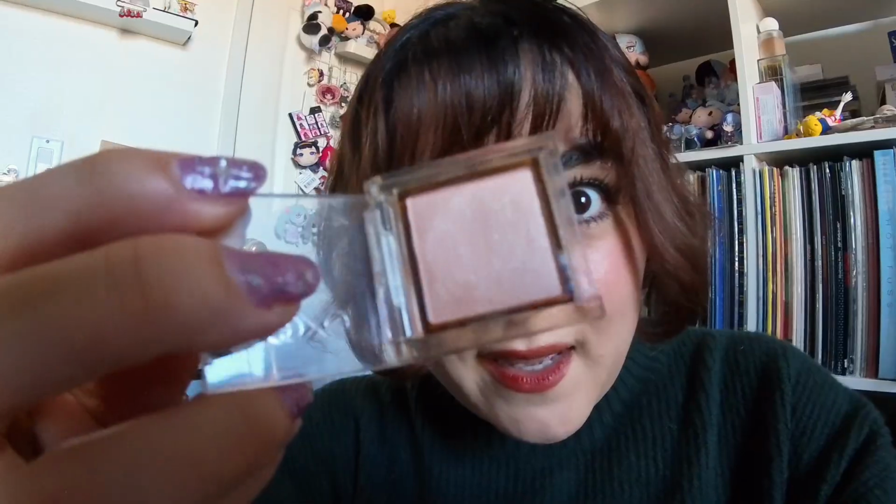They do sell quads and other eyeshadow palettes, but I specifically wanted to try an eyeshadow in the glossy formula because those are the more popular formulations that they have. It's just a very smooth shimmer. It doesn't really look glossy in a wet sense. It just reflects light really nicely. I think I much prefer the Kate eyeshadow quads because you have that same very smooth and buttery